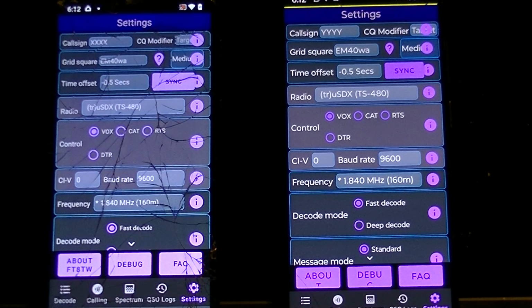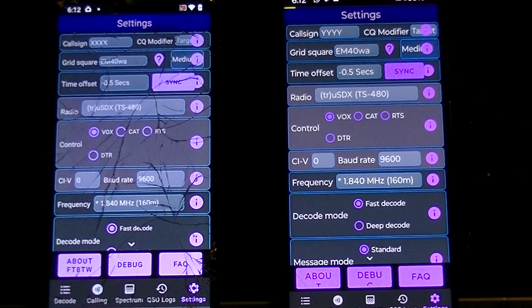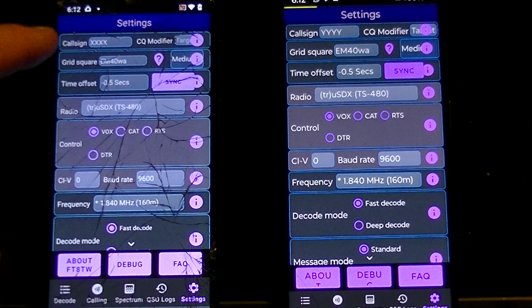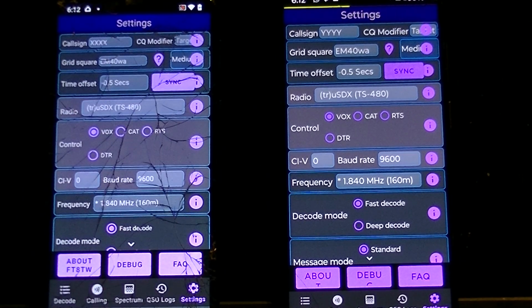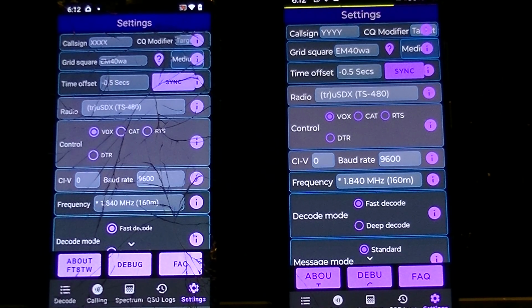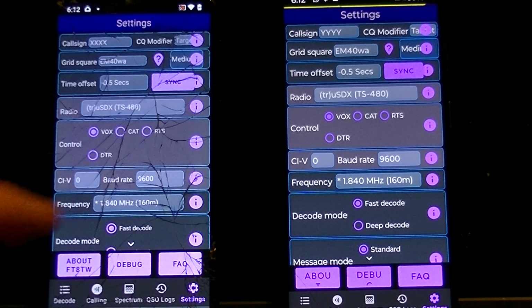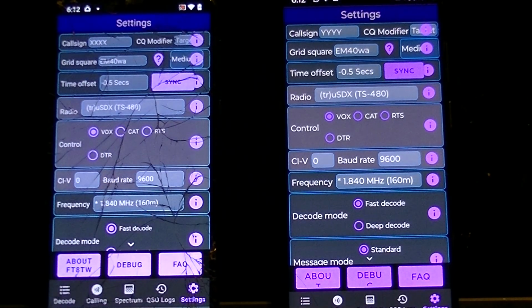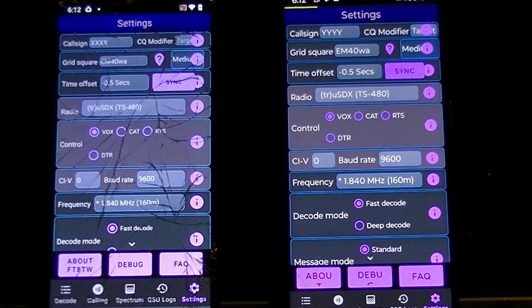Hello again. I'm going to show in this video the handshaking that goes back and forth between two ham radio stations that use the FT8 digital protocol over HF radio. So I'm going to start off by designating the app phone that's on the left as being a call sign of XXXX. And the station or phone that's on the right is going to be station